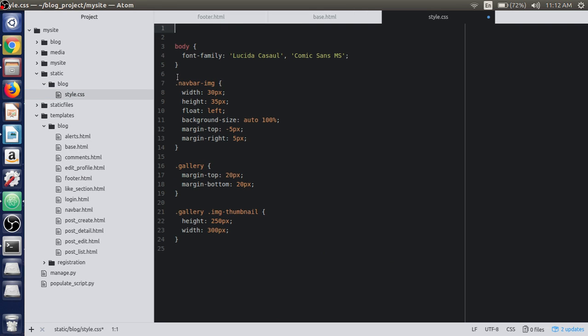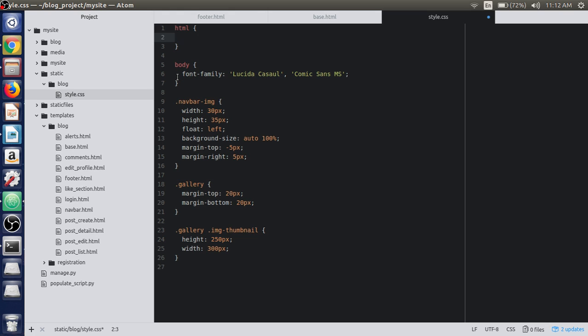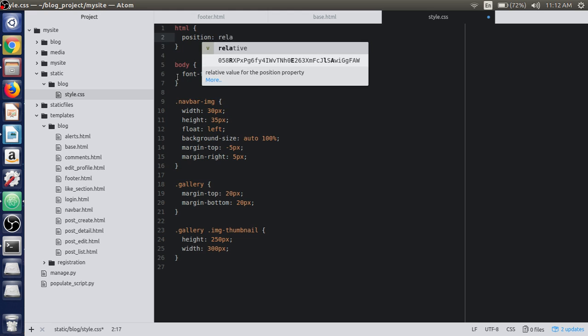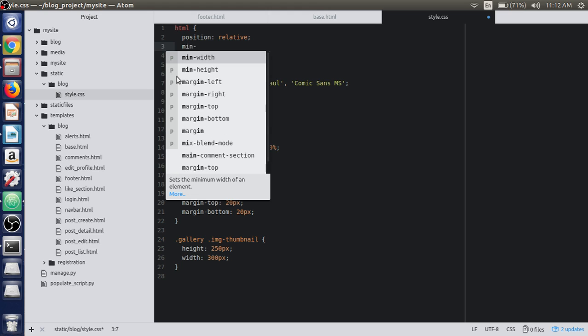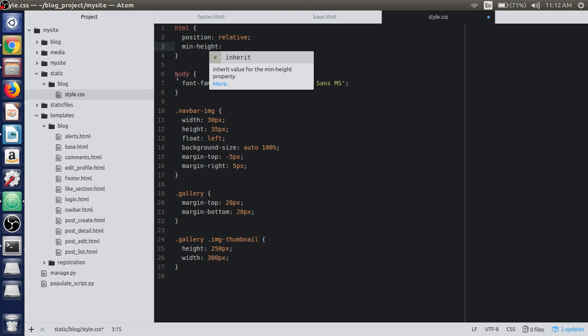And first of all we need to create a style for the HTML template. So inside that we'll write position should be relative, and we'll write minimum height of that HTML, or the whole page, should be 100%. This should be the minimum height. And we'll now need to